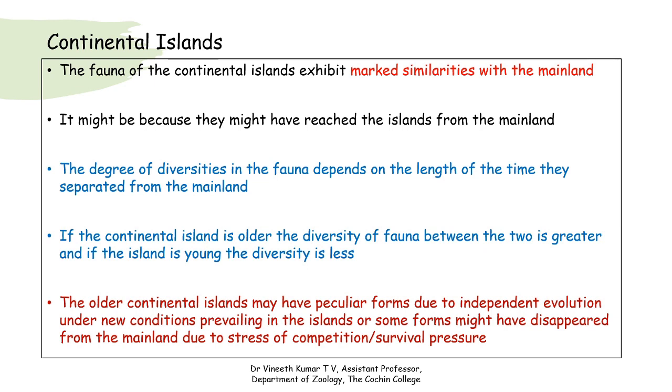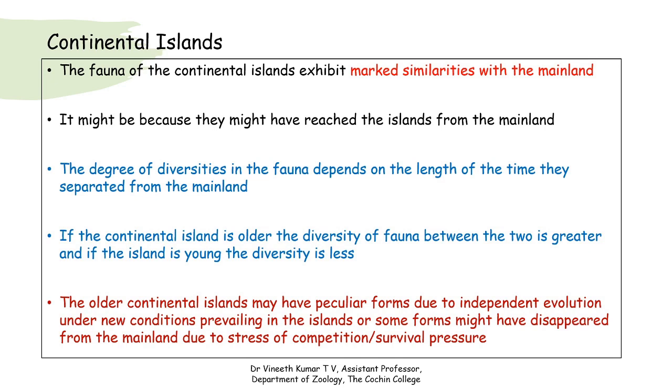As a result, they migrated. These animals also might have existed in this particular piece of land. The degree of diversities in the fauna depend on the length of time they might have separated from the mainland. So if you observe an island and you can see that many animals resemble the mainland, and there are many which are distinct to that island, and the increase in the number of distinct animals, or increase in diversity when you compare it with the mainland,